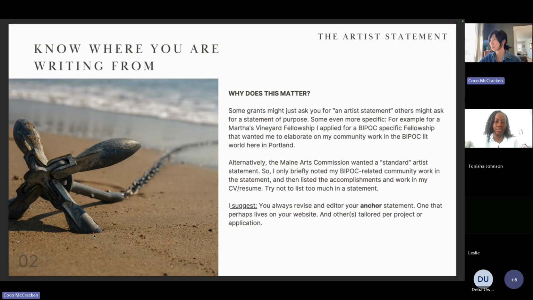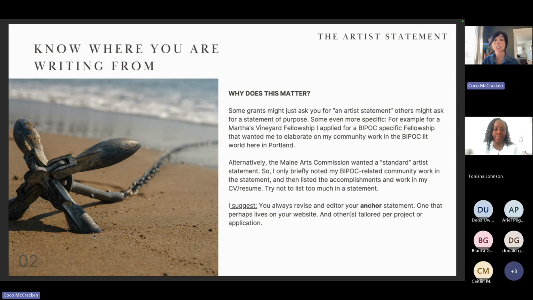However, if it's just, as I just wrote in the second paragraph, Maine Arts Commission just wanted my artist statement and my budget, and they didn't need a lot. So I went back to my artist statement and I made sure that that community work for my BIPOC peeps was in there. So my suggestion is this: if you have the time to think ahead,